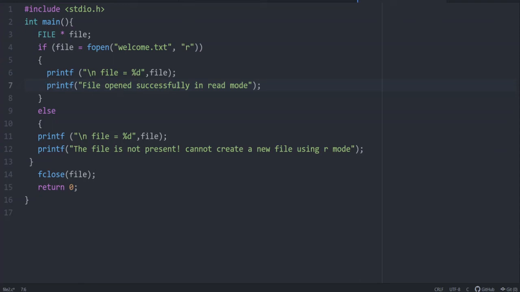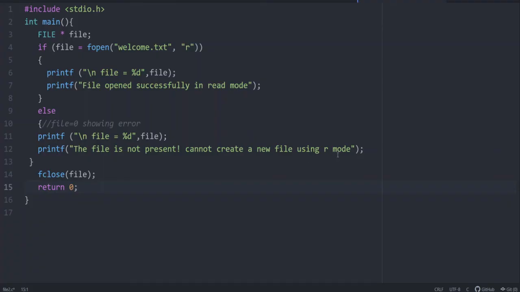Then print file opened successfully in read mode. Else, if this is not successful, it will return 0 value. So the else condition corresponds to file value equal to 0, showing an error. In that case, printf: file is not present, it cannot create a new file using r mode.